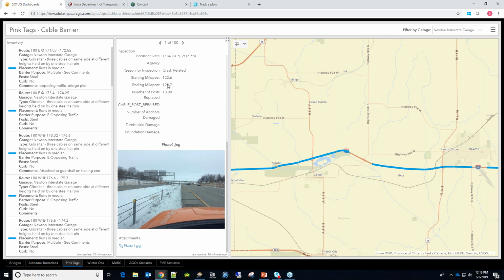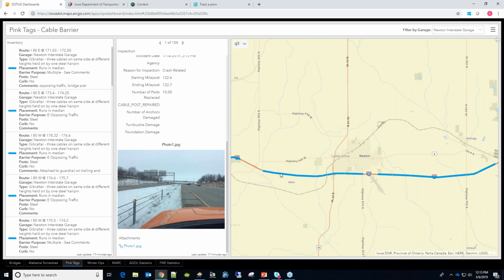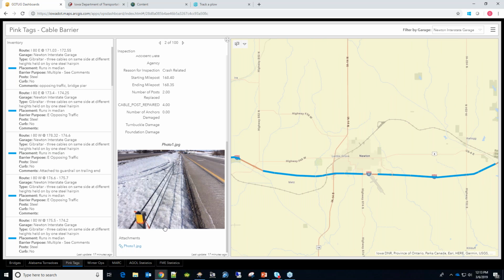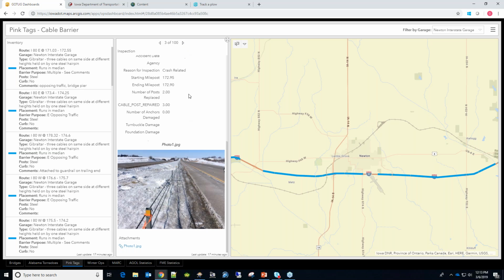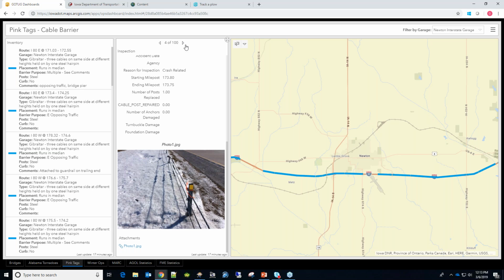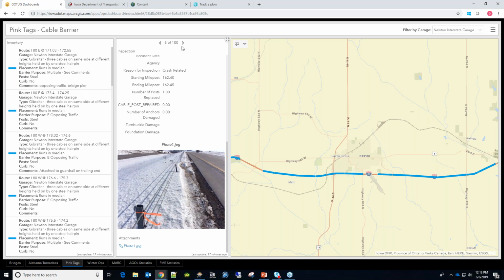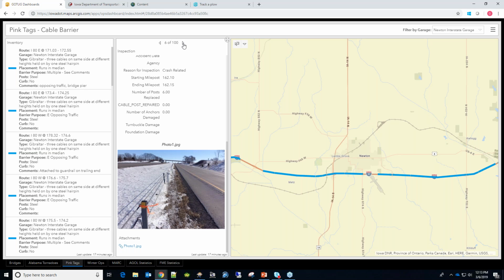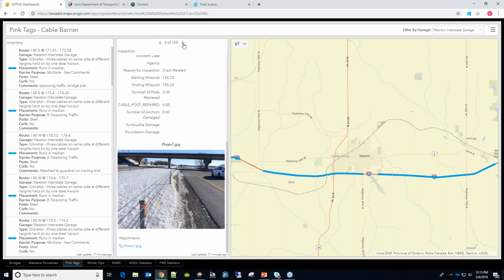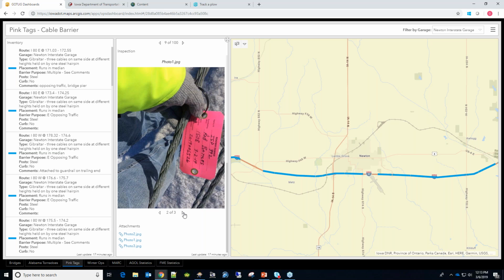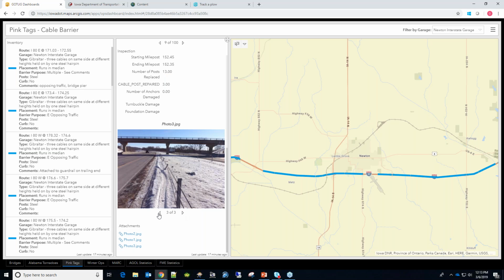This is a description details element. The nice thing with this is that it's one of the few that supports attached photos. So you can see attached photos, again, without using any custom development at all. It's just using out of the box configurations. Here's the one with multiple photos. You can see there are multiple photos.